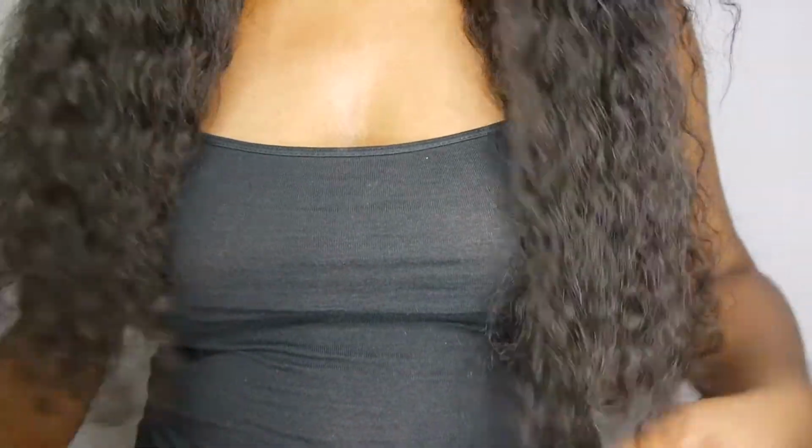Let me show you how long this is on me. I am 5'3" and this hair is 22 inches. Oh my gosh, it's super long, but I'm really loving how